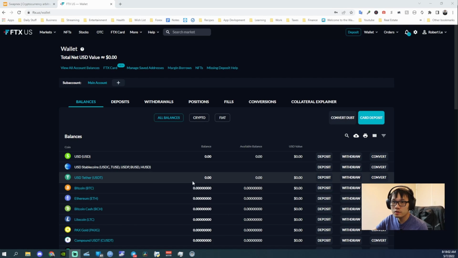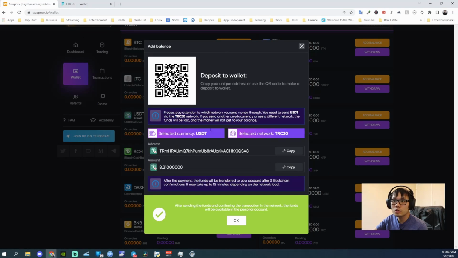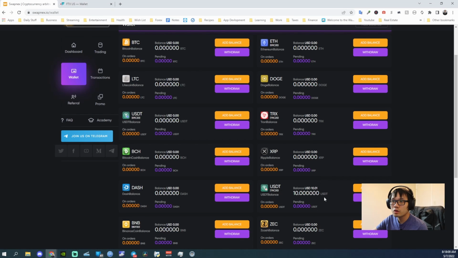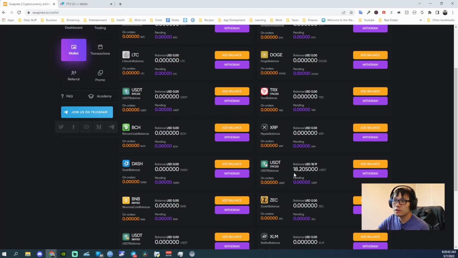Okay, as you can see, my balance is now 0. And now I'm just gonna wait for the 3 confirmations, and then it will be shown in this balance. The balance will be updated to 1821. Okay, so now the balance is updated here. Okay, so that is how you just deposit with